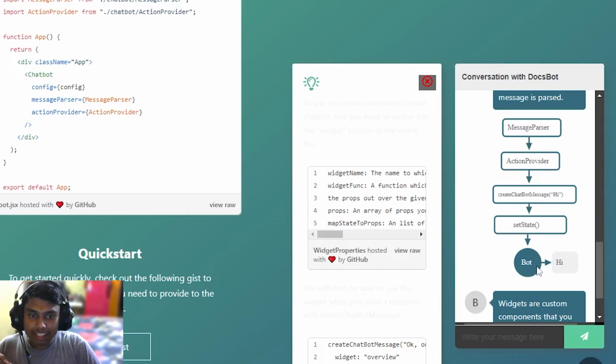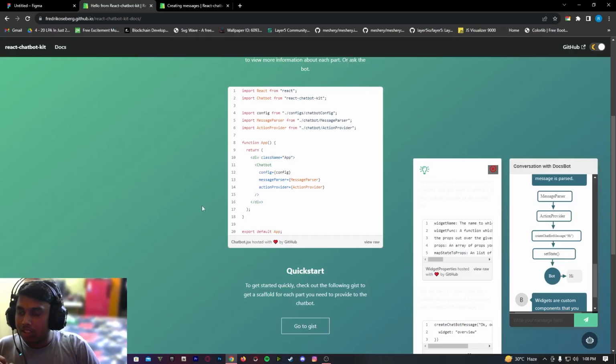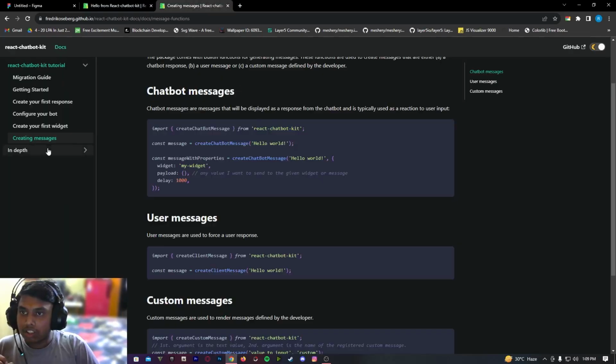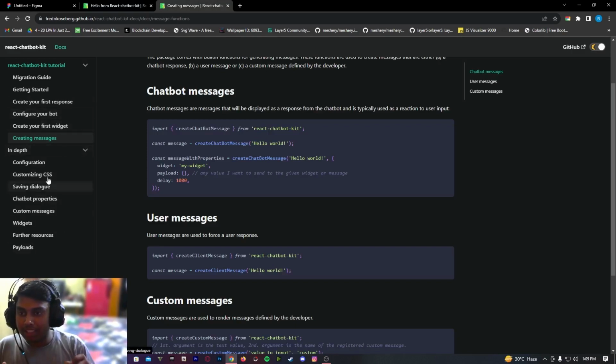So this is the widget here, custom implemented. We can also make custom components, which we will explore in the next videos. Now let's go to the docs. Here you can see in depth that we can customize CSS, saving dialogues, chatbot properties, custom messages, widgets, further resources and payload. We can do all these things in this chatbot, and we will cover them in later videos.